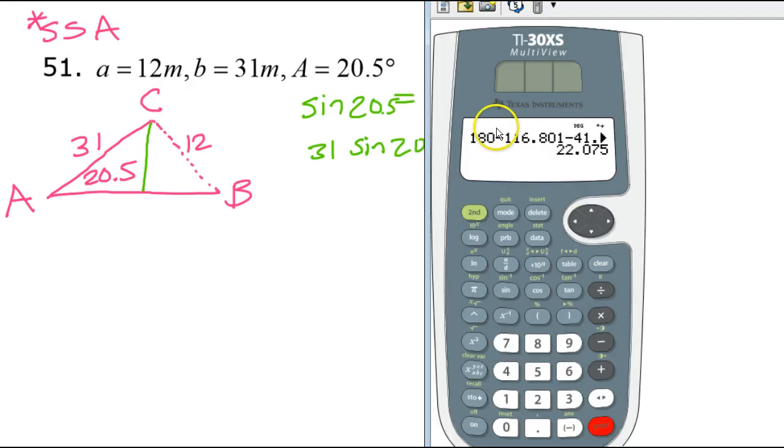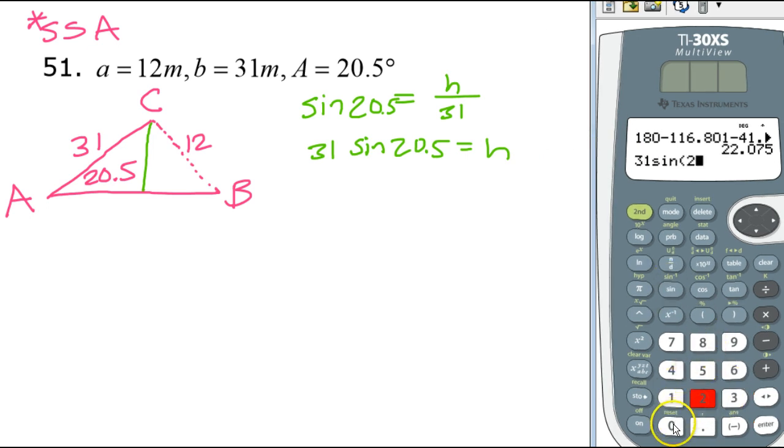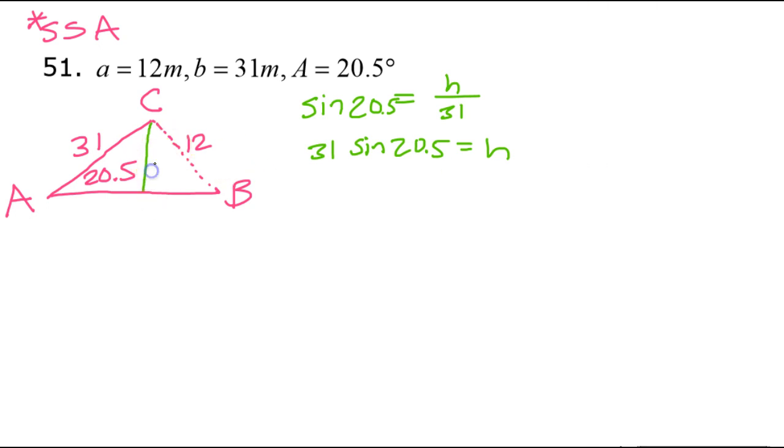So I put that in the old calculator. 31 sine 20.5. All right, that is 10.9 approximately. So the height is approximately 10.9. So, is this long enough to reach? Is the rope long enough to reach the ground? Yes, it is. The height is 10.9, the rope is length 12, so it is long enough to